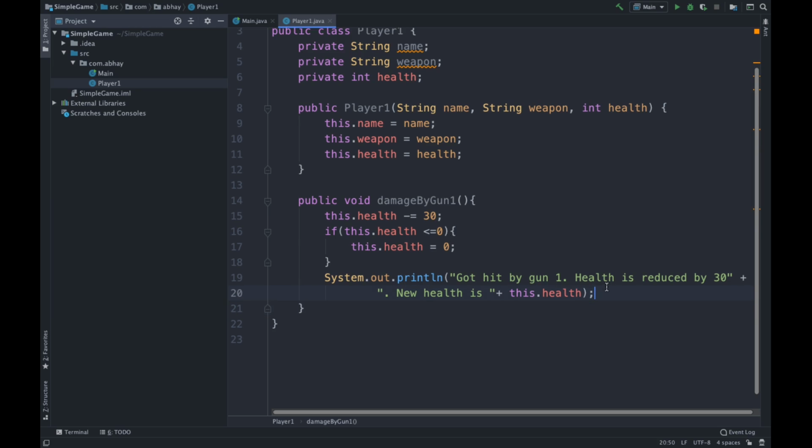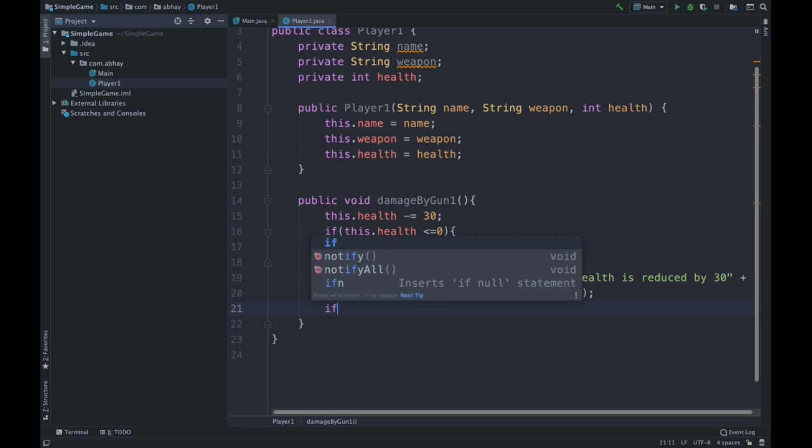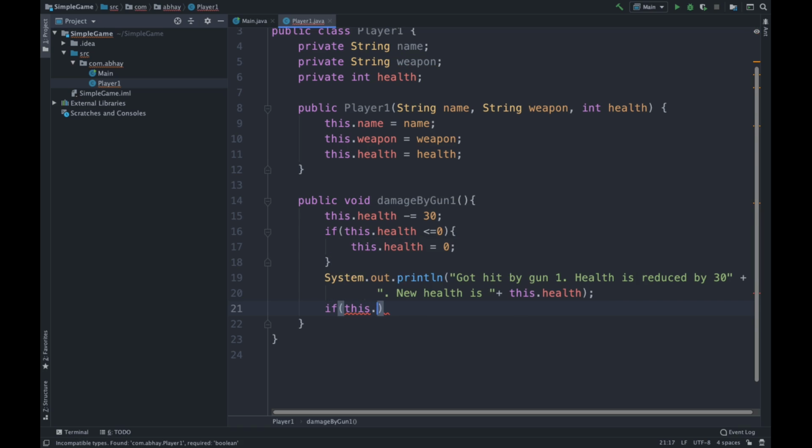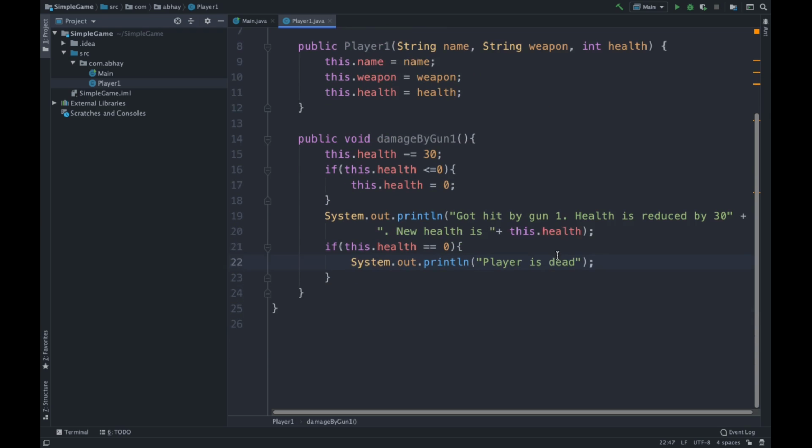Now what else we have, if this dot health is 0, if that's the case, we have player is dead in this case, because that's how it works when health is 0, right? Someone dies when the health is 0 in the game. Okay, now similarly we have